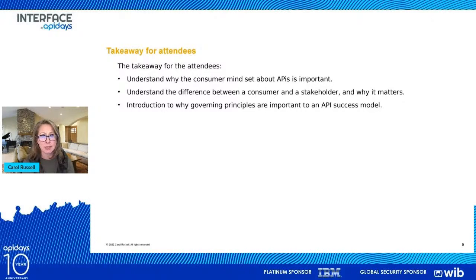even in technology? Right? How I go in and have to authenticate as a partner to be able to get access to a client, and is that easy for me to do, and how do I navigate that? And just really thinking about the consumption side of navigating APIs in your developer portal. I mean, the whole thing, right? Wrapping it in there, and then those governing principles towards the end. Why is that important? What is your API success model overall?